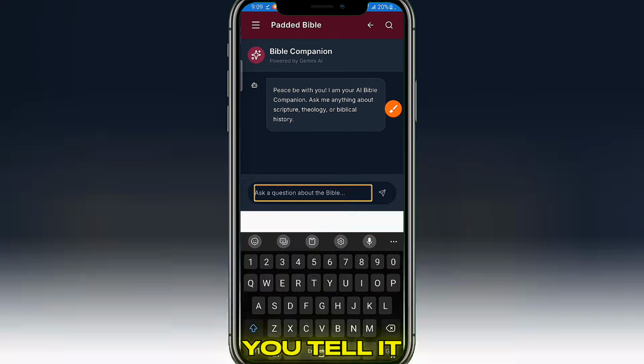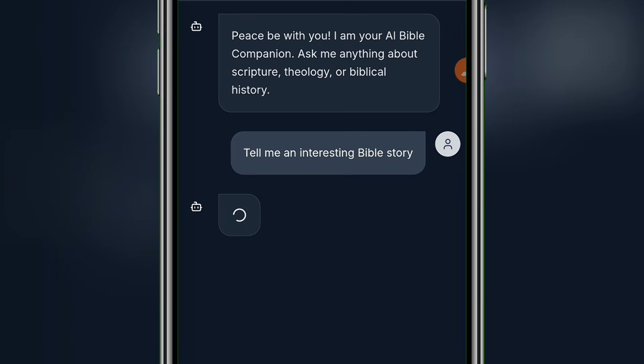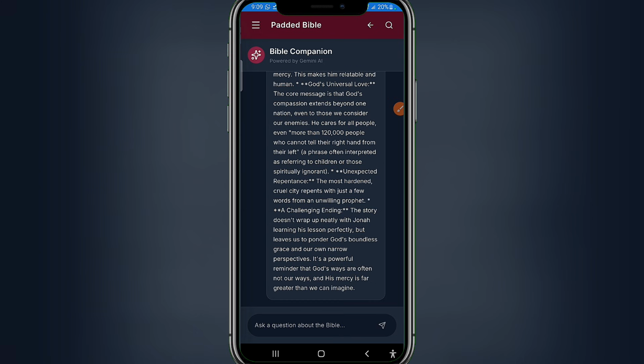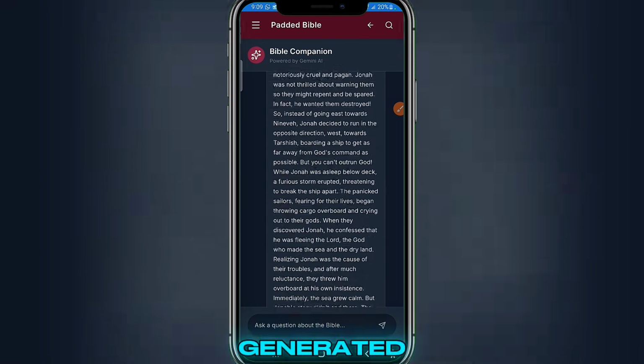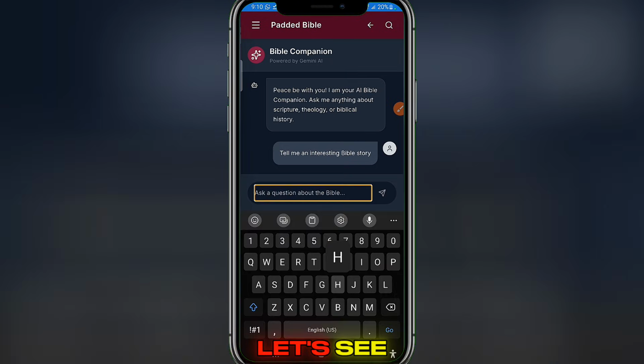Alright. So if you tell it to... okay, you can see right here the story has been generated. This is a Bible story. This particular story is about Jonah and the great fish. Okay, you can see this is the good one. Let's say how